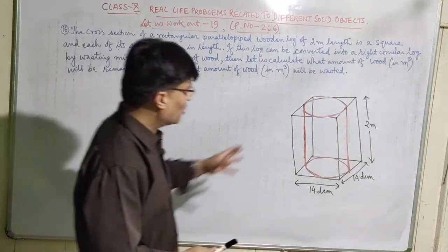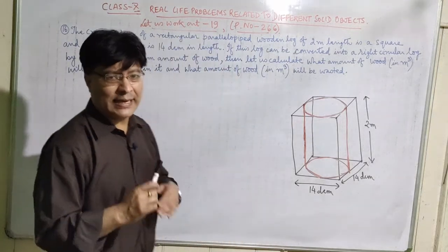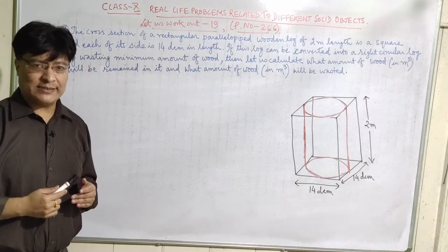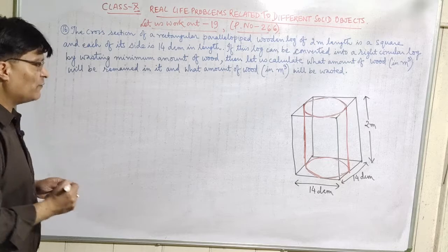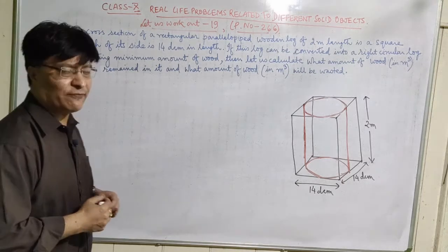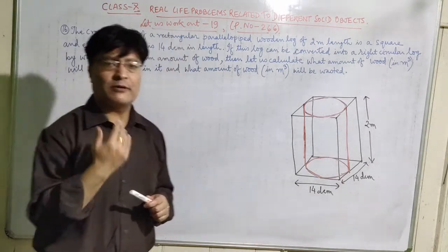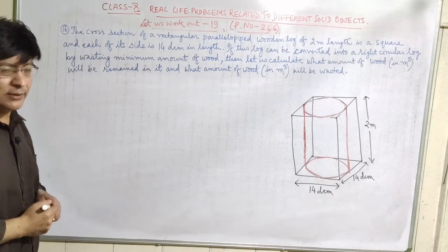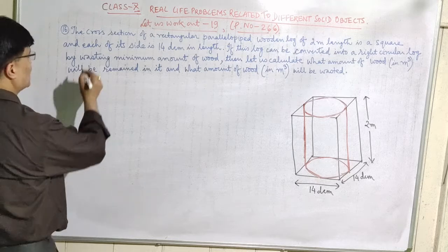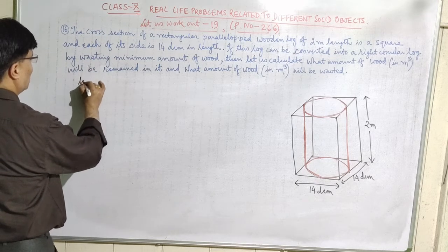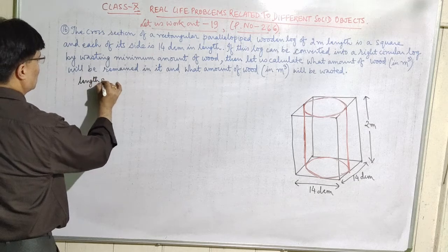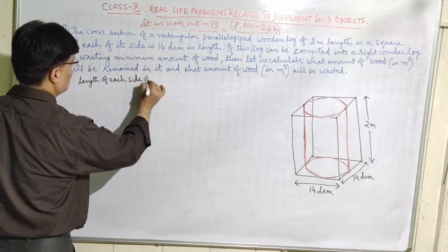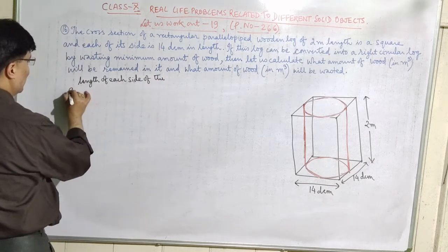Now we have to find out the volume of this right circular log of wood, and also the volume of the wood that will be wasted. First of all, let us find out the volume of the rectangular parallelepiped whose cross section is a square. It is given that the length of each side of the square base